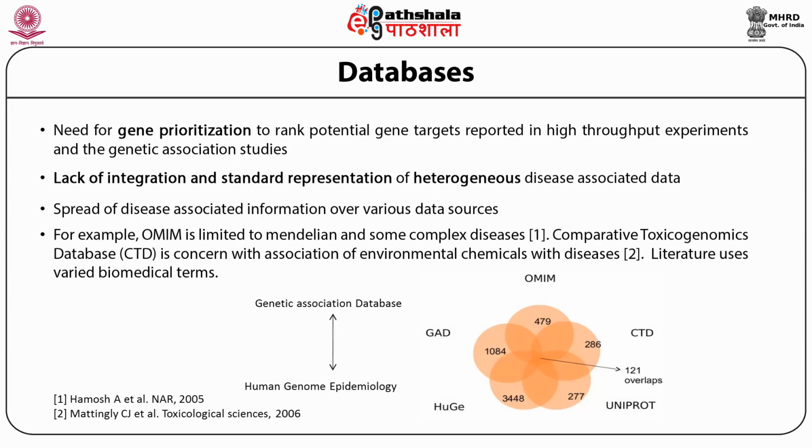Now, why do we integrate? Because here is an example of how we can have relations. We can have an integrated and standard representation if we do it. For example, some of the databases which I will show you in future, like OMIM, which is connected with Mendelian and complex disease relationships. And if we connect the toxicogenomic database, which tells what chemicals cause toxicity and what the concern is,